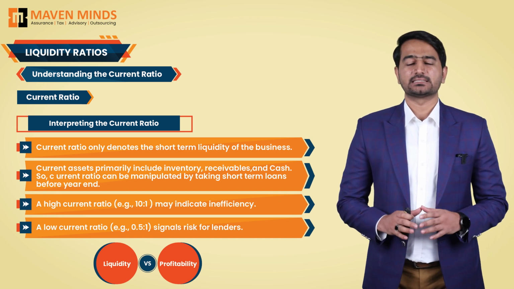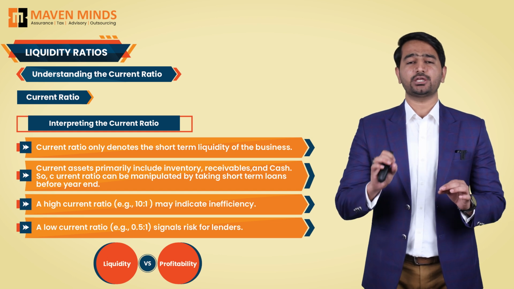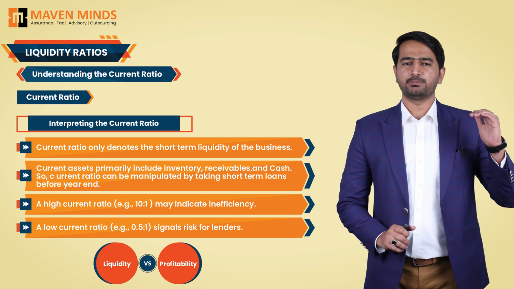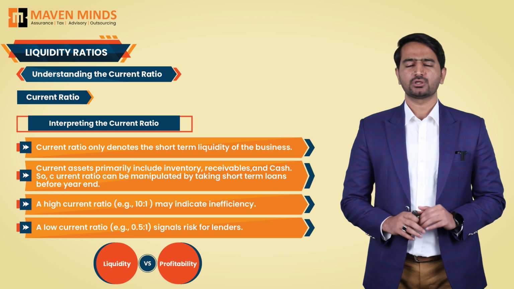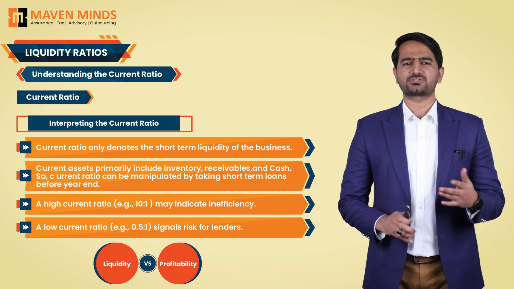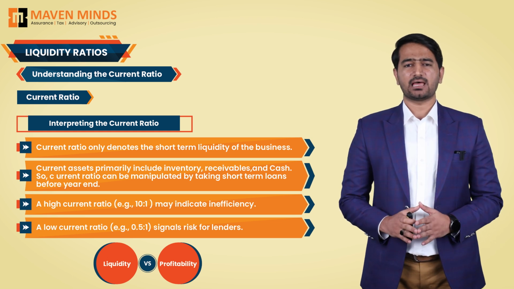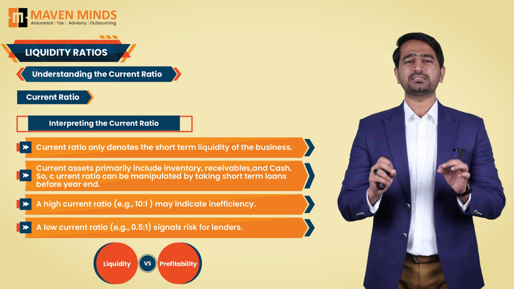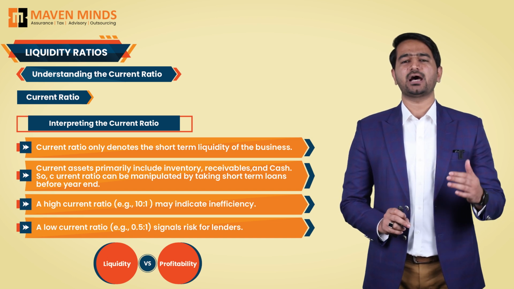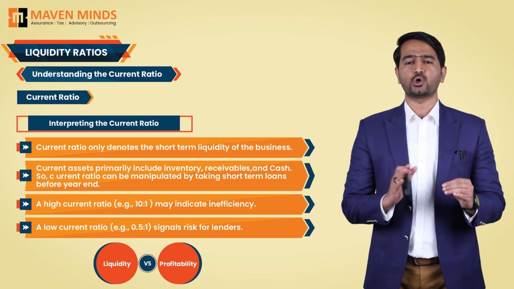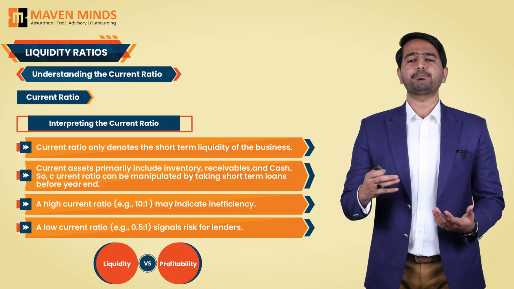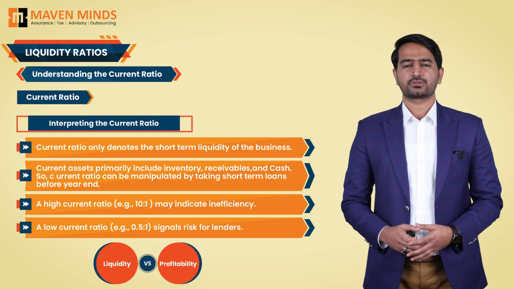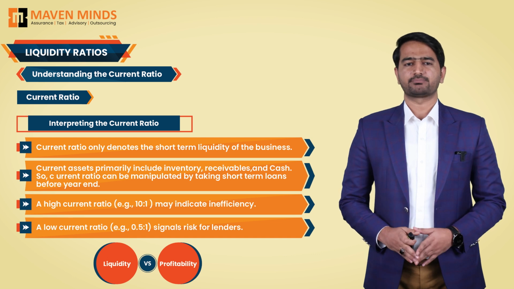Also remember that the current ratio can fluctuate over the years. It might be higher or lower compared to another company, or it may not match the industry average. In your exam, you need to come up with reasons that justify the movement of your current ratio over the period, compared to another company or compared to the industry average. So you need to work on that.